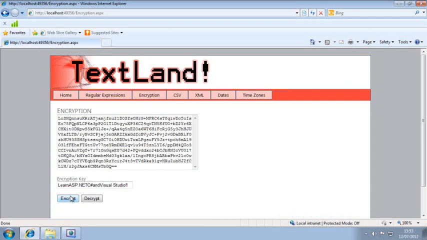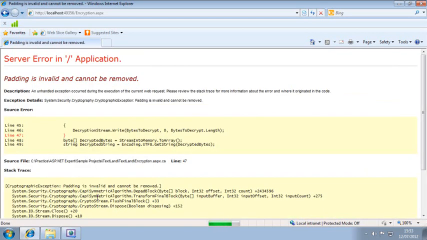If you now click Decrypt, the decrypt method is expecting a different encryption key and initialization vector, so an error occurs. To fix this, you would need to store the randomized encryption key and initialization vector, and then use them for decryption. Close your web browser now,